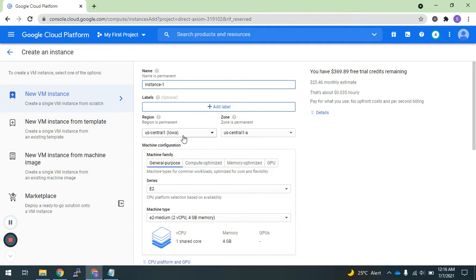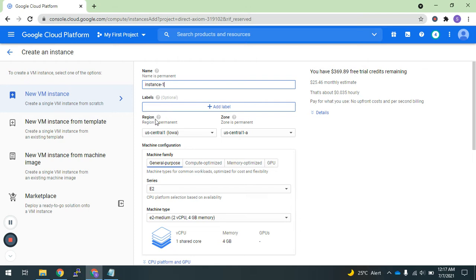So you can see this is the form which I was talking about. We need to fill this form to create the instance, which is nothing but a VM. So the very first is name. Here you can give the host name first. It depends upon you. I am keeping it as it is, which is instance-1. Next is label. This label is to identify the VMs. For example, if you want to create a group of VMs in different regions or different areas or landscapes, then you can identify them with the help of labels. That is optional, so I'm not keeping anything.